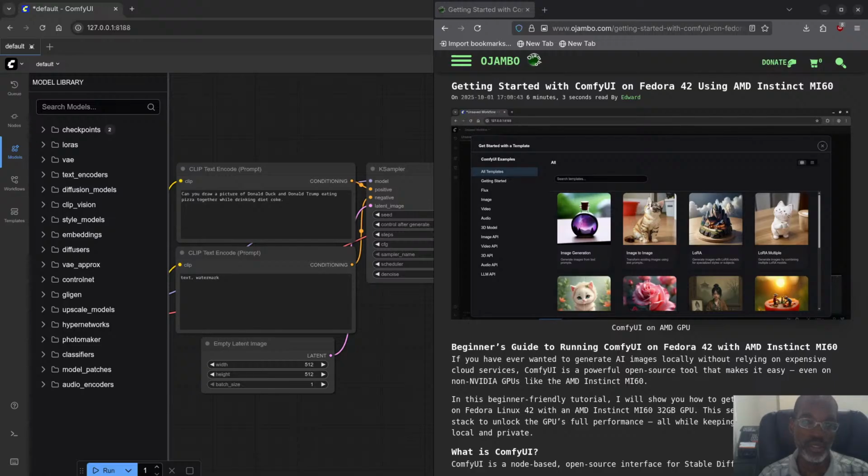However, I was pulling my hair out when I was trying to get video to work on it. So I explained this earlier today. What happened was the video model would load into RAM even when I told it to load it with the GPU. The problem is this AMD Instinct MI60 GPU. It's a